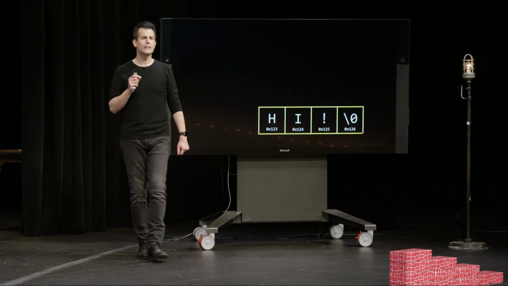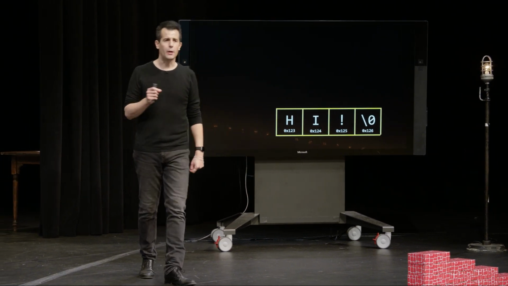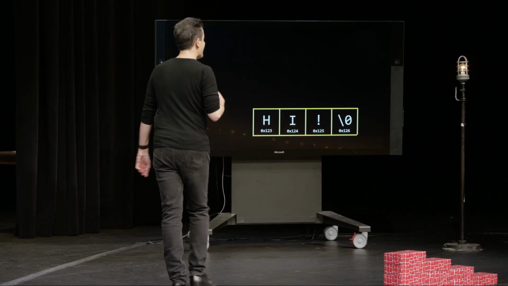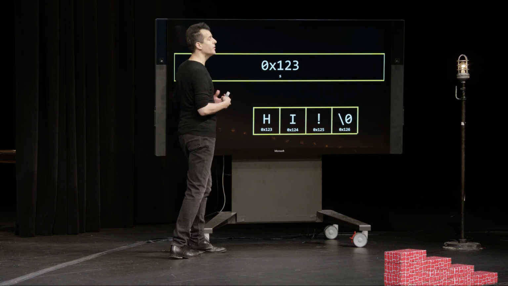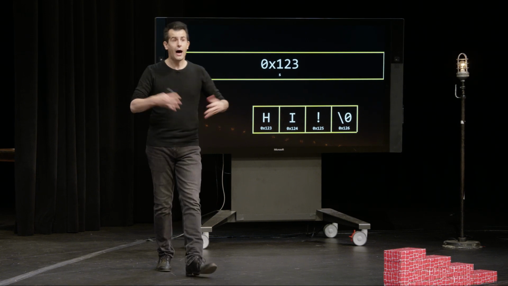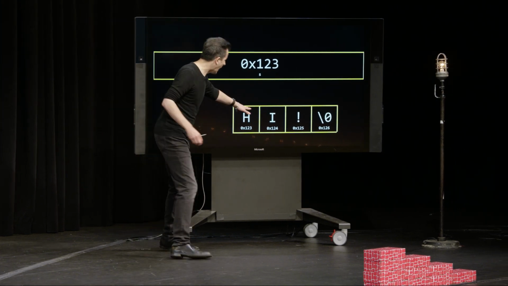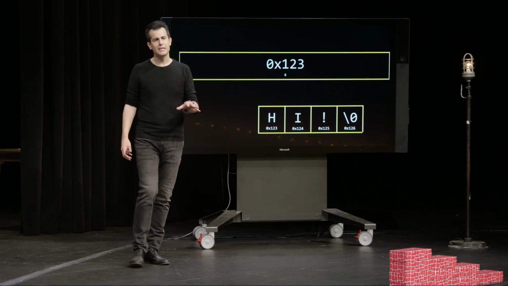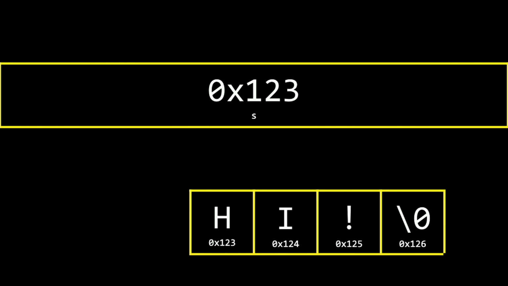Now, what exactly, though, is s? s was the name of the variable I gave a moment ago to that line of code, string s equals quote unquote "HI!". Well, what is s? s is a variable that has to go somewhere in the computer's memory. And suppose that s is indeed HI! with an exclamation point, and the HI! happens to live at this location here. You know what you can think of s as being now isn't at a high level a string, but at a lower level is just the address of a string. More specifically, let's start thinking about a string as technically being just the address of the first character in the string.